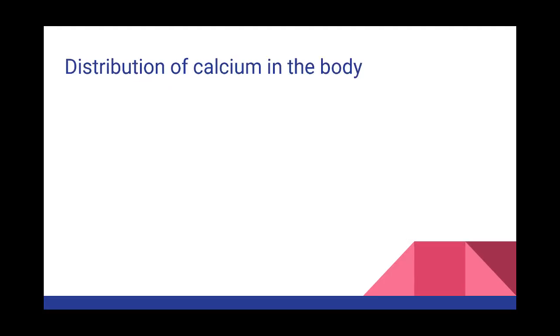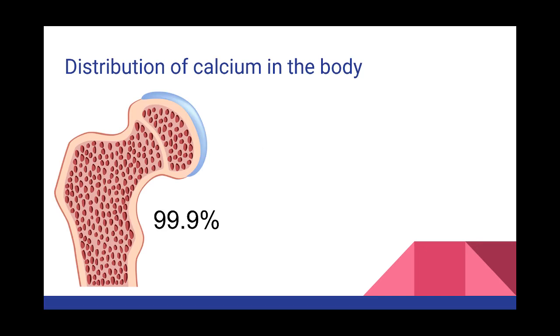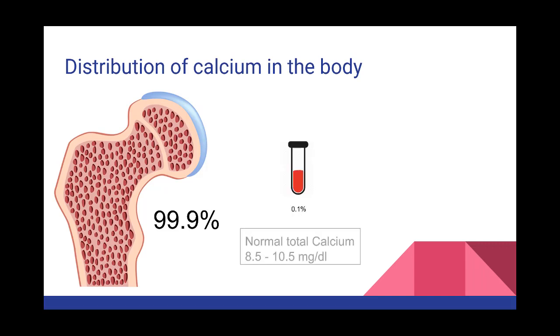So how is calcium distributed in the body? Most of the calcium in the body exists in bone. So about 99.9% of the calcium is in the bones. That leaves about 0.1% in the blood. Now, of the calcium that's in the blood,